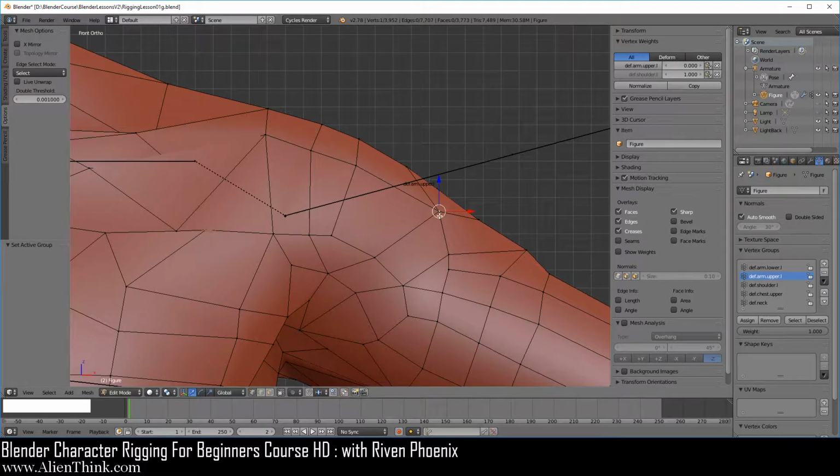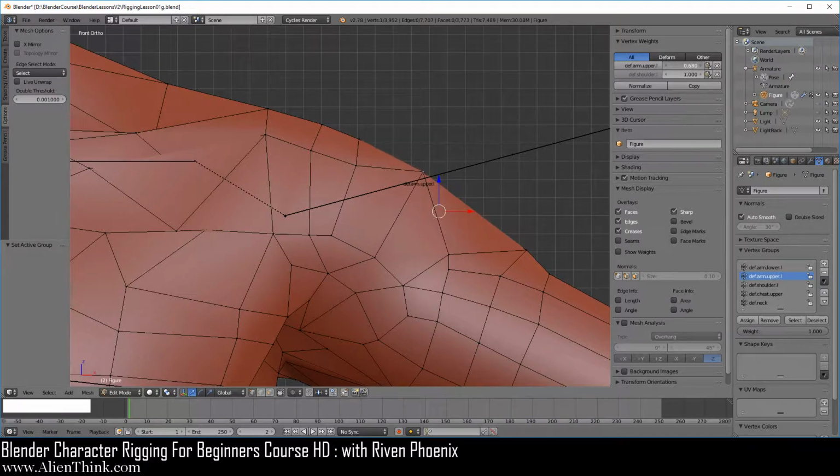Notice that the vertex goes exactly back to where it was, meaning that this bone has not moved. And when we increase this value here, we're telling the vertex to start following the dev.arm.upper.l bone. So this is why it's moving.